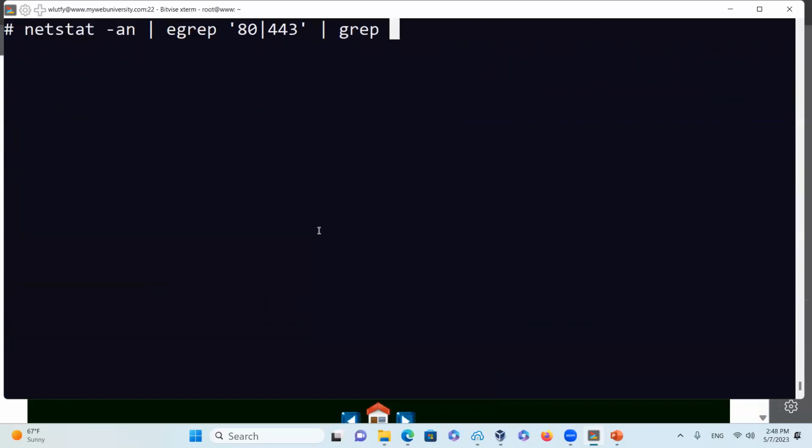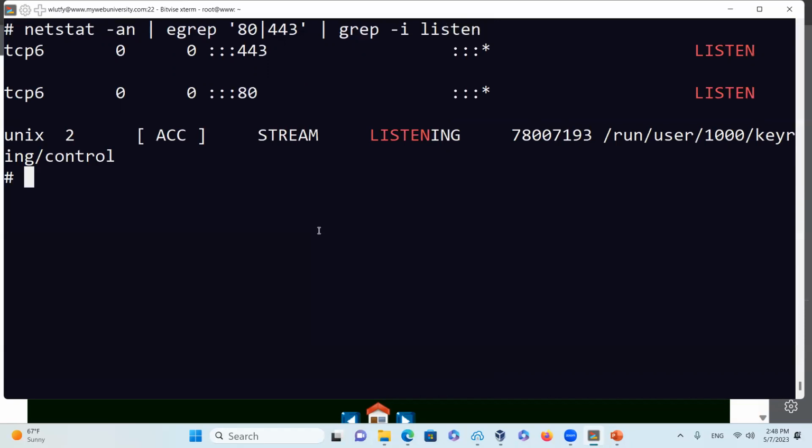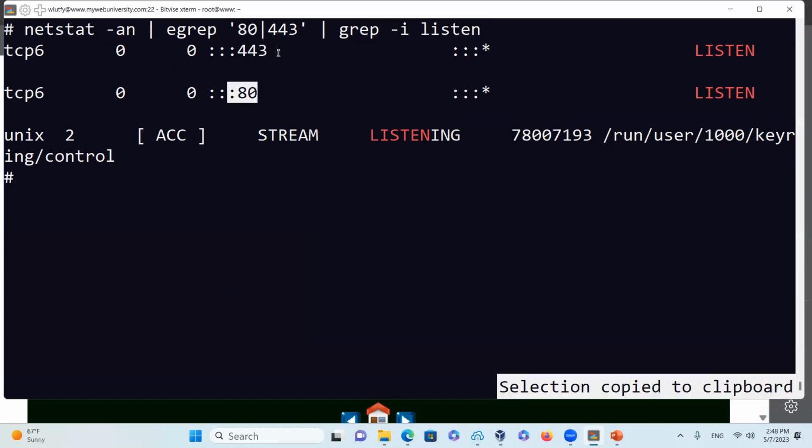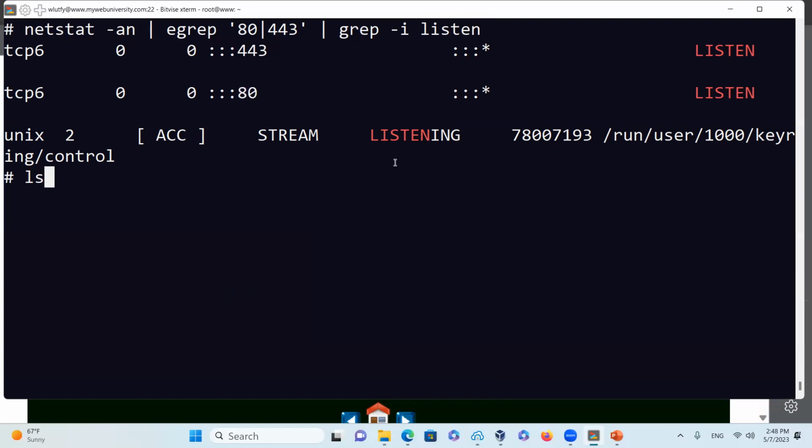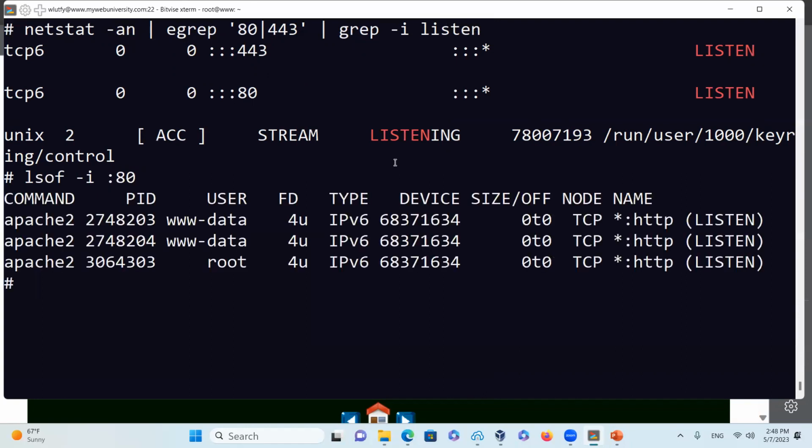And then I could say grep -i listen, with -i meaning ignore the case, so I write listen in lowercase. And as you can see, on TCP version 6, this is listening to port 443 as well as port 80. Then if I do lsof, list of open files, -i :80, I can see all the processes, the httpd ones that are listening, and with Apache2, that is basically this process ID for it. And if I do, for example, lsof